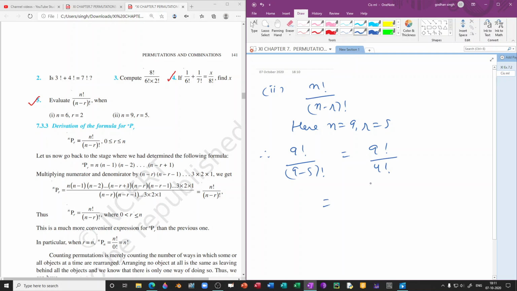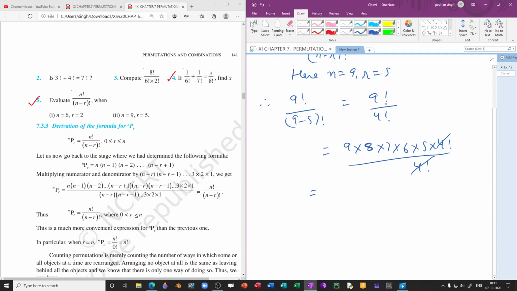Now splitting the largest factorial, 9 factorial, it can be written as 9 into 8 into 7 into 6 into 5 into 4 factorial over 4 factorial. Cancelling 4 factorial from both the numerator and denominator, we get